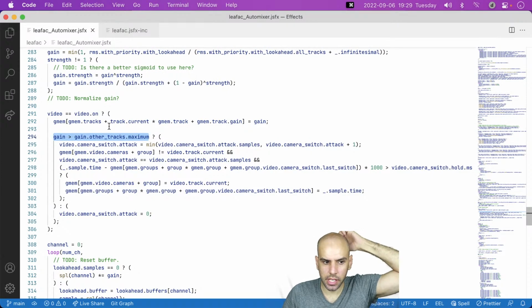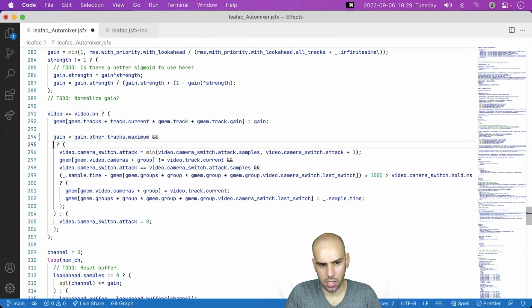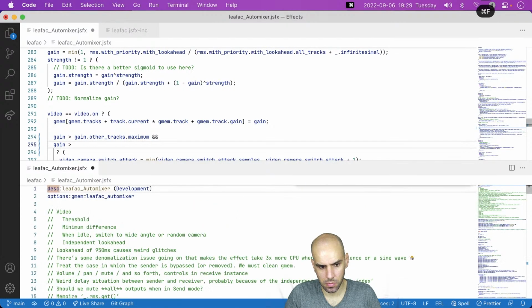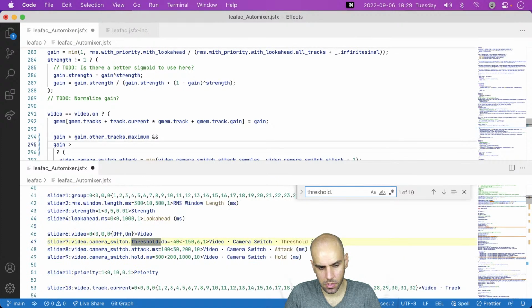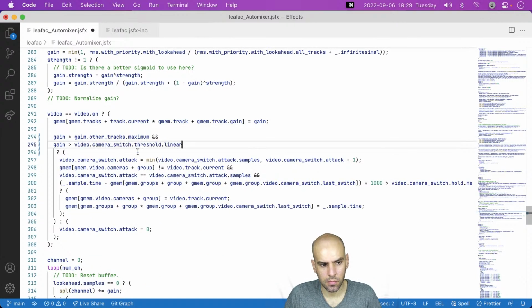It's not only the case that the gain is above everyone else, but it's also the case that it is above the threshold. Just like that. I think that this is exactly what we need.